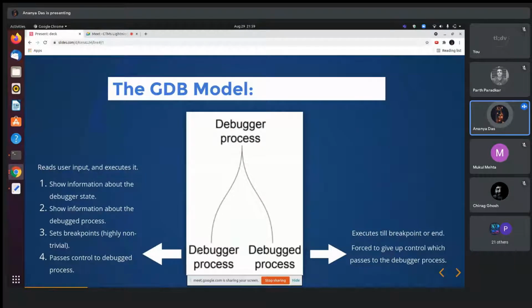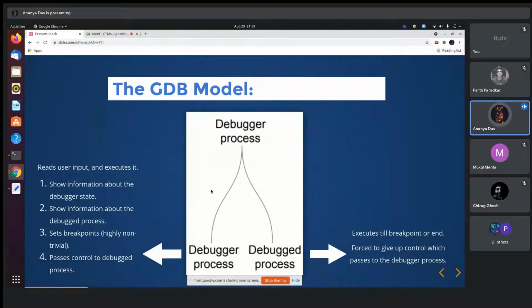It also helps in setting breakpoints, and then it passes control over to the debug process to start or resume execution by issuing certain commands. I'll talk about breakpoints a little later. So that's essentially what a debugger process does. It initially interacts with the user, obtains certain commands from the user, and executes them. In the process, it sets some breakpoints in the debug process and starts the execution. So the debug process starts executing now. Its only job is to run till it reaches a breakpoint or it comes to an end. When it comes to a breakpoint, things are engineered in such a way that it is forced to hand over control back to the debugger process.